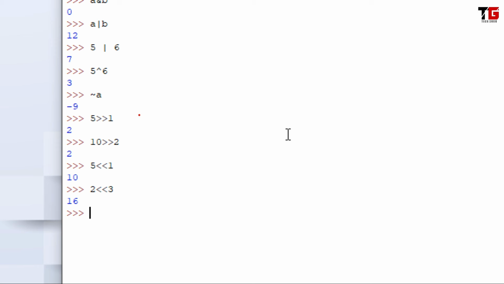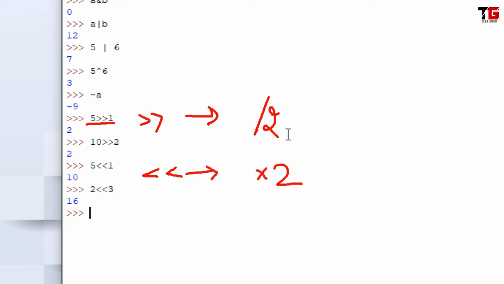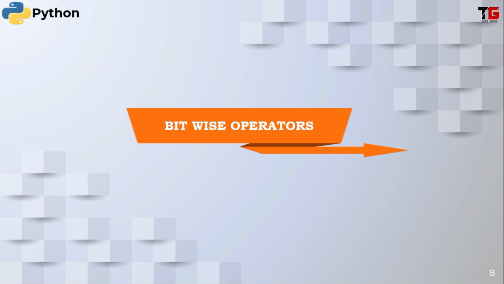Whenever we say right shift, it is equivalent to divide by 2. And friends, when we say left shift, one left shift is equivalent to multiply by 2. Because see, 5 right shift 1 time: 5 divided by 2, we will get 2. That is the answer. Alright friends, so the shortest method to calculate left shift and right shift is: 1 right shift means divide by 2 and 1 left shift means multiply by 2. Alright friends, that was all about bitwise operators.